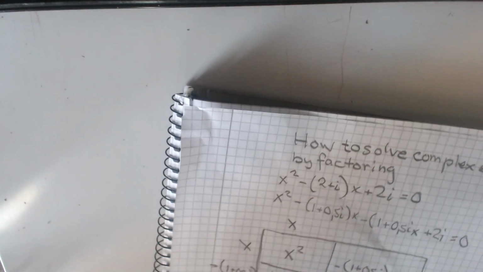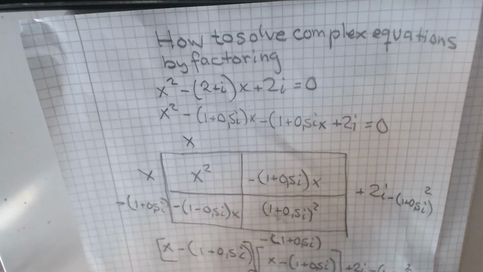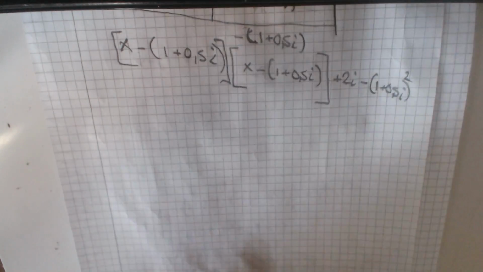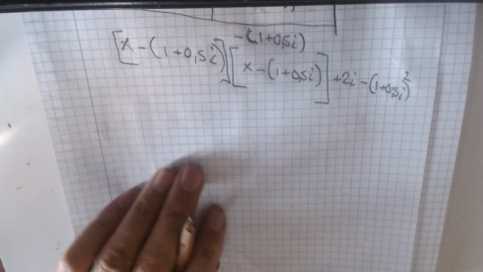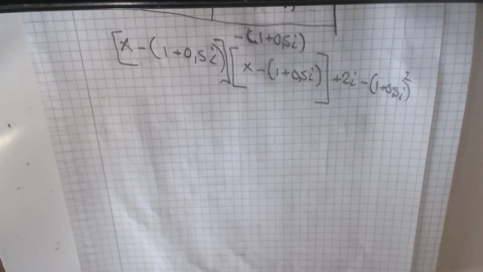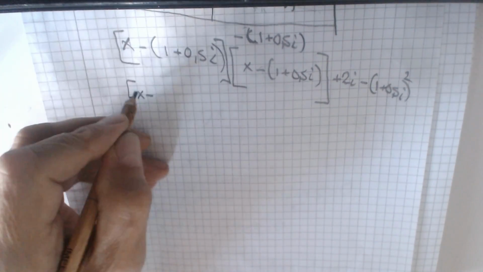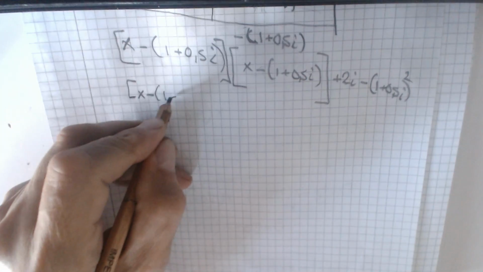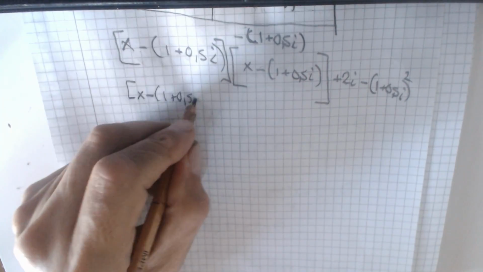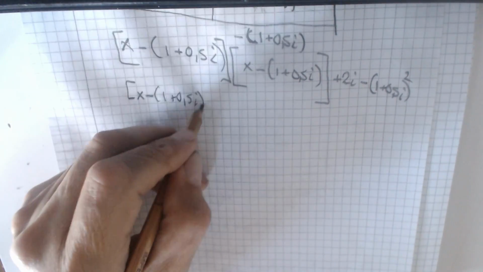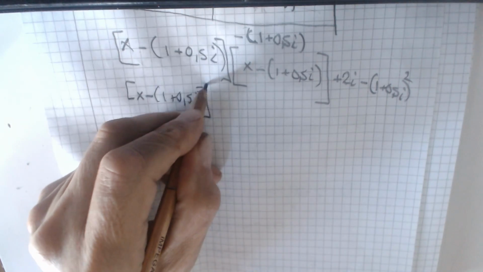We have to rewrite the rectangle as x minus (1 plus 0.5i) squared